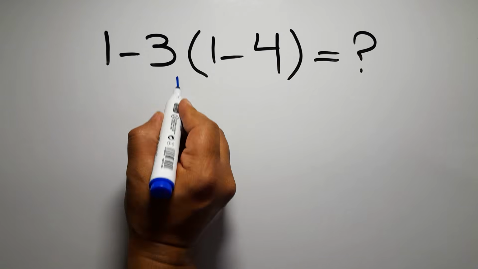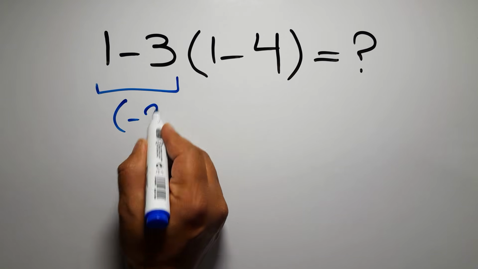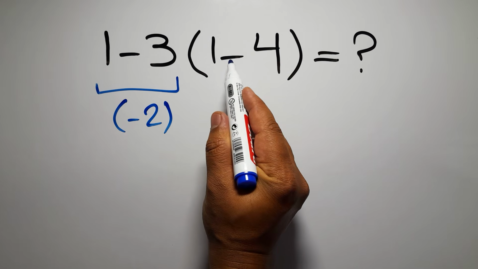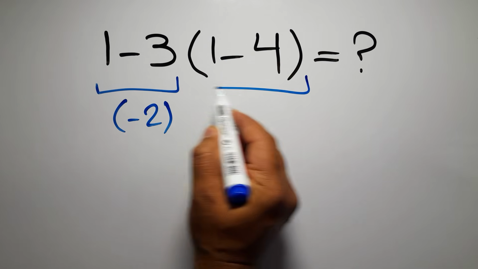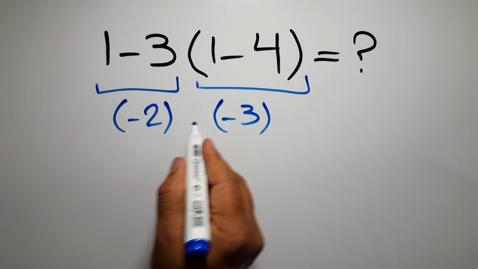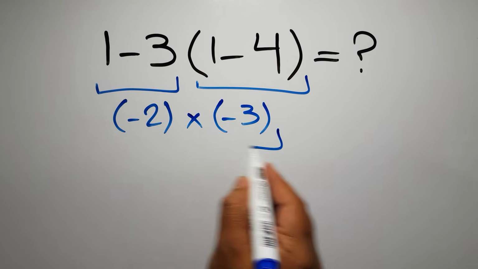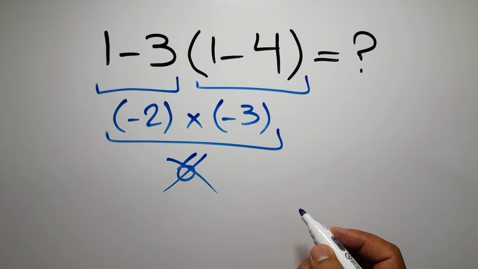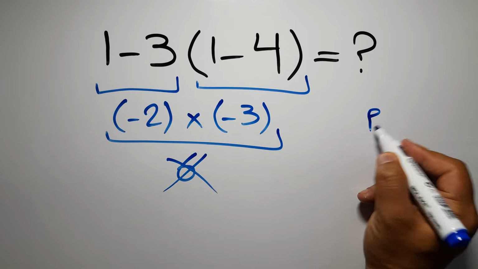1 minus 3 gives us negative 2. And here in this parenthesis, we have 1 minus 4, which gives us negative 3. So negative 2 times negative 3 gives us 6. But this answer is not correct, because according to the order of operations, first we have to do parentheses, then